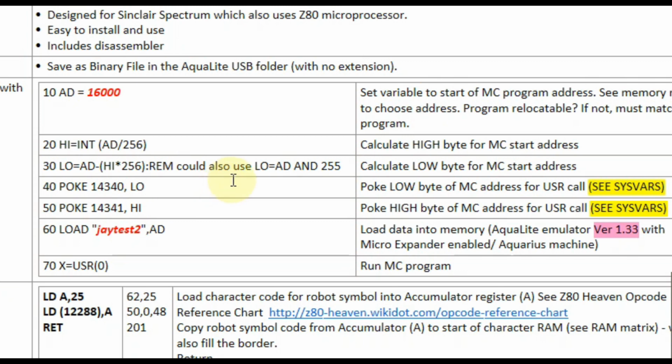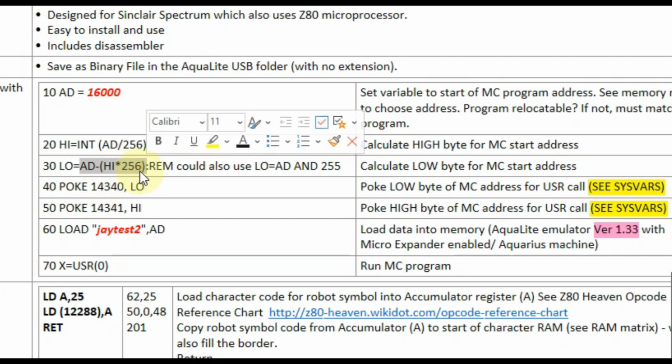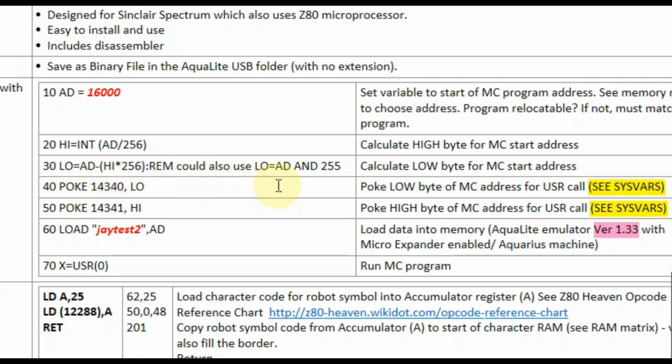Now there is another note here that you might see. It says rem could also use low equals AD and 255. So this is just an option for us. It's another tool we have at our disposal. Instead of using this formula here, AD minus high times 256, you could also use this formula here, low equals AD and 255. And maybe I'll just leave this as a challenge for you if you want to try and